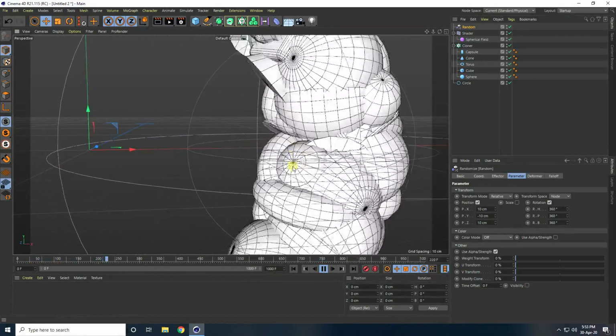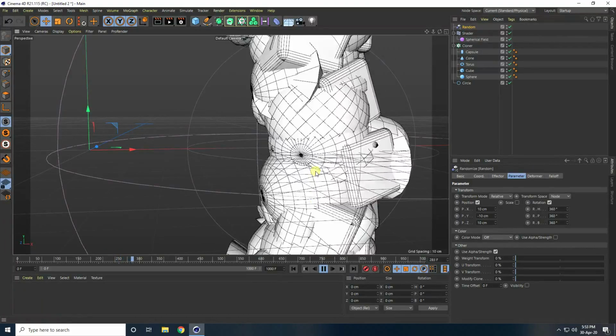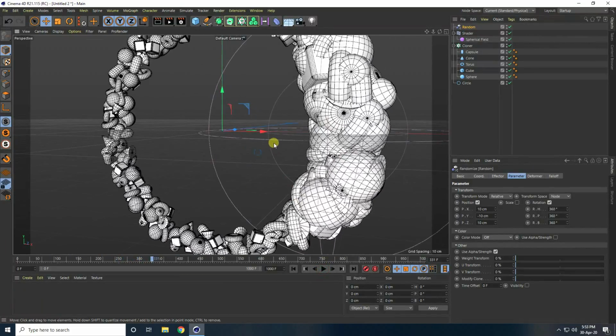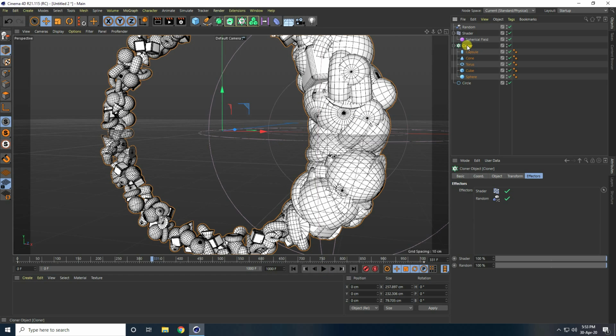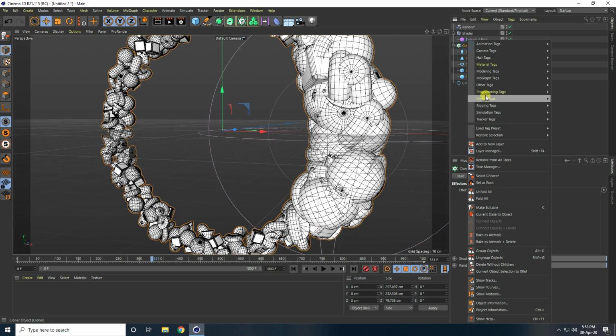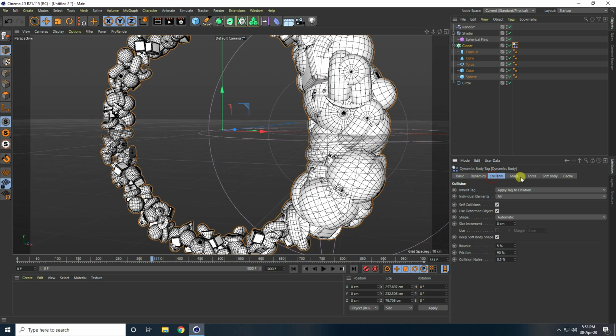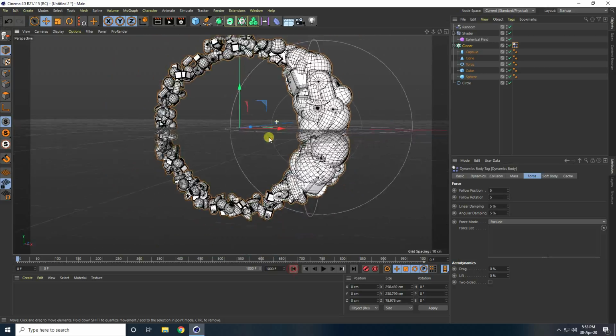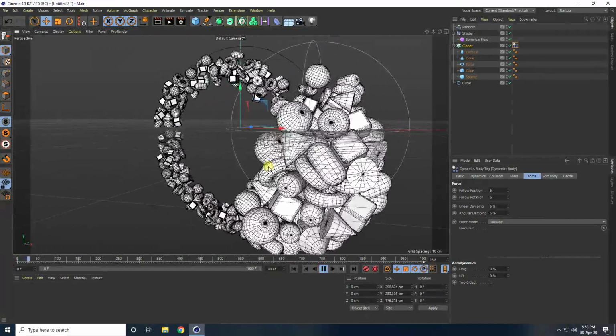But see guys, that's not correct. It's overlapping all objects. So stop. And now guys, I apply a rigid body tag. So select this cloner and right click and go to Simulation Tag and use Rigid Body, this one. Yes. And guys, now I go to Force and Follow Position. I take 5 and 5. Yes. And go back and play.